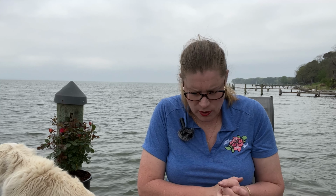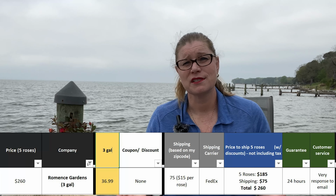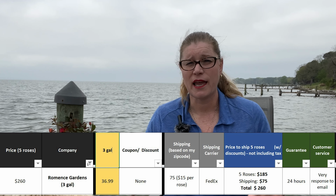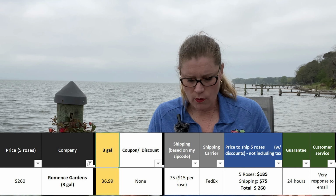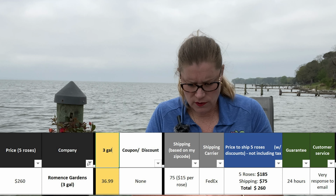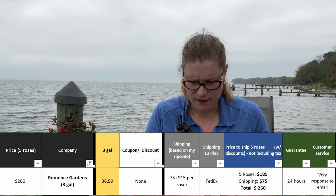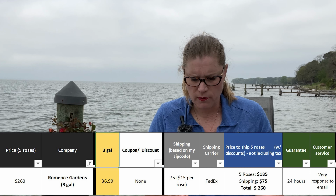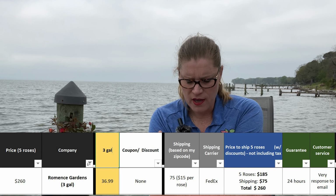So let's look at the pricing real quick. Keep in mind, this is a 3-gallon, and in our rack and stack that we're going to be doing, there's only one other vendor that I've bought a 3-gallon from. This 3-gallon rose was $36.99, and I didn't have any coupons available to use, but with all of our vendors this season, we're saying if I buy 5 roses at the cost and take into account any coupons or discounts that are available, what's the true cost? So with this rose, 5 roses at $37 is $185. Shipping breaks out to $15 per rose, or $75 for 5. So the total is